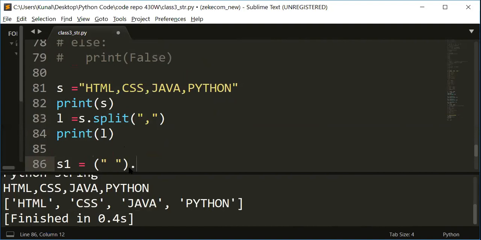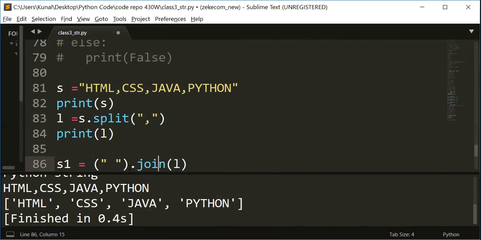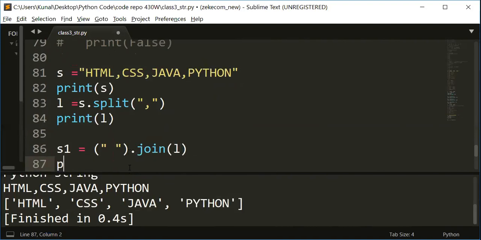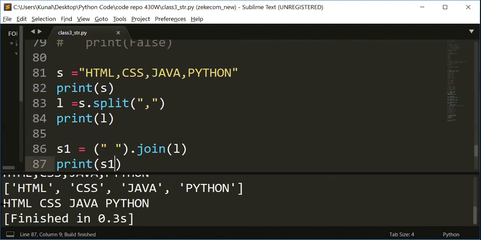Dot join, and you have to specify how to join this list. Now it will join this entire list and it will put space in between. Here if I say put a comma in between,